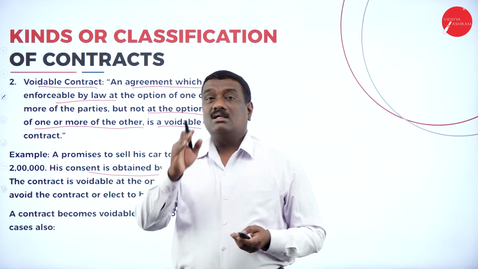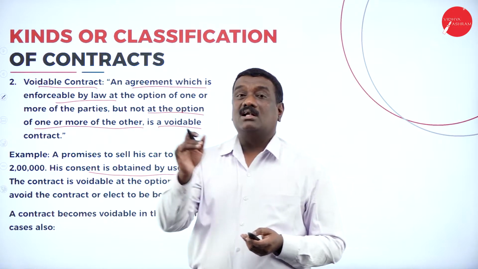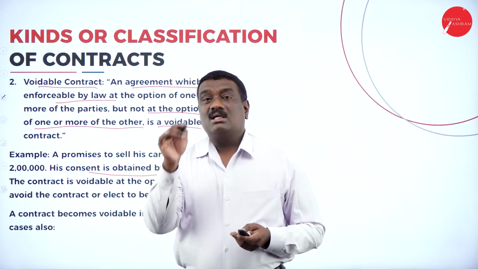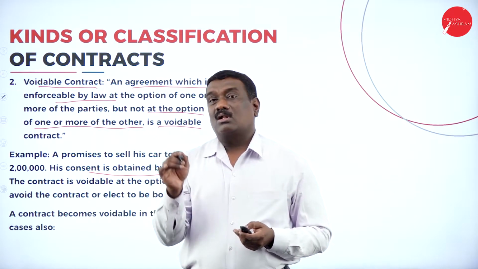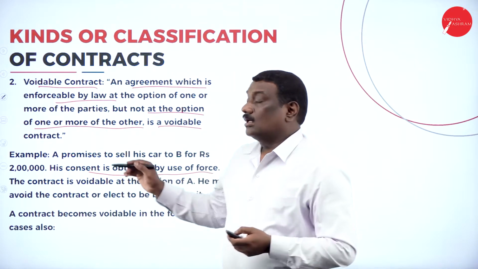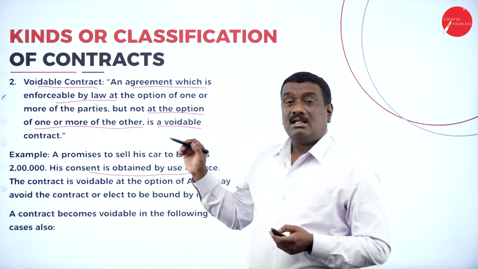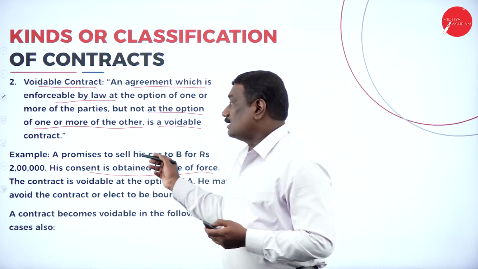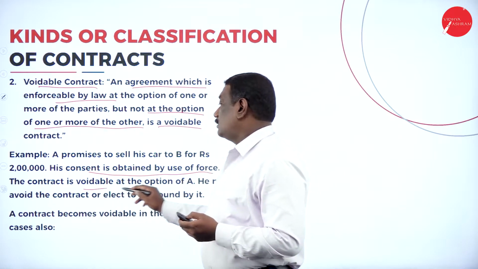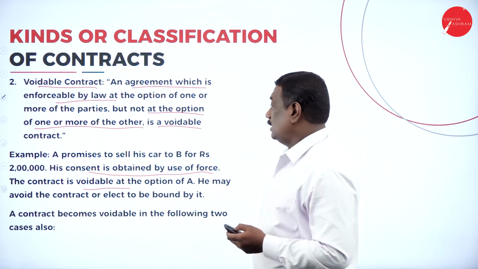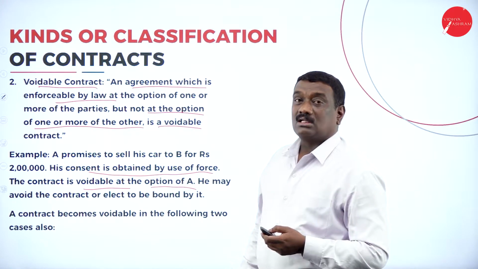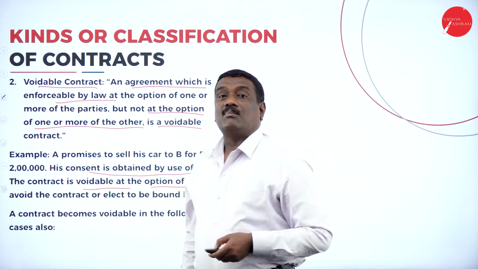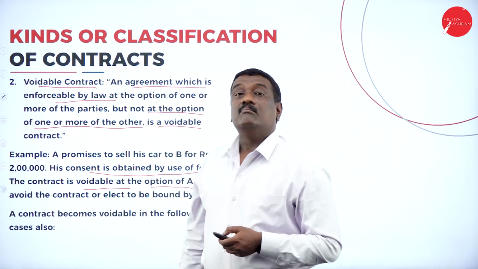Here he is using his force in order to make an agreement with B. So A is making an agreement by using his force. It may be coercion or fraud or whatever it is. So when A uses force on B to sell his car, that agreement becomes voidable at the option of B, because A is using force and there is no free consent on the part of the other party, called B.